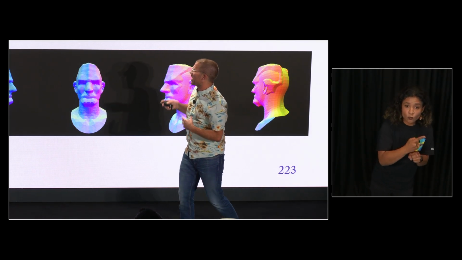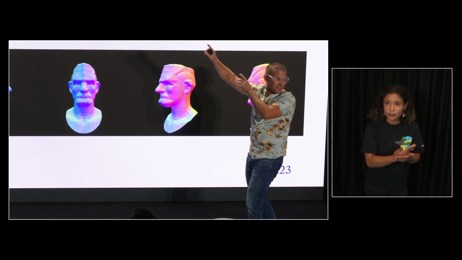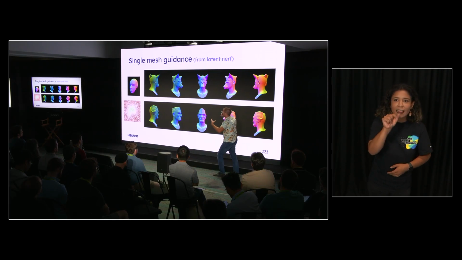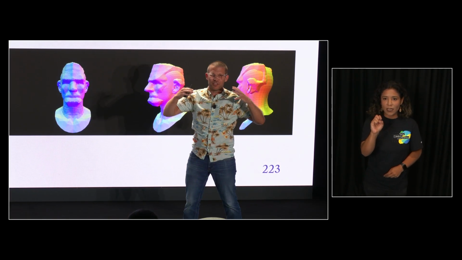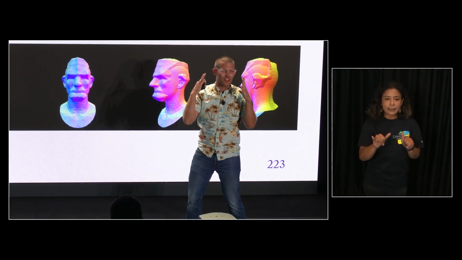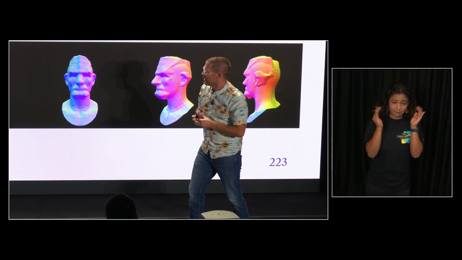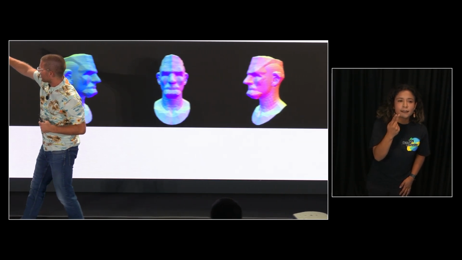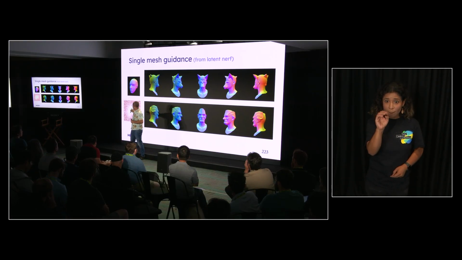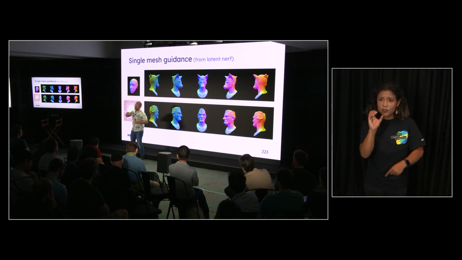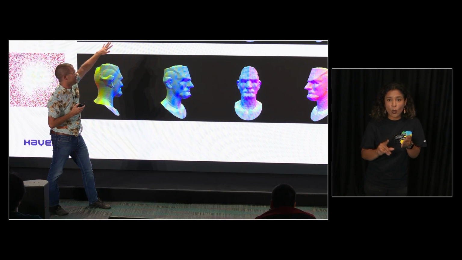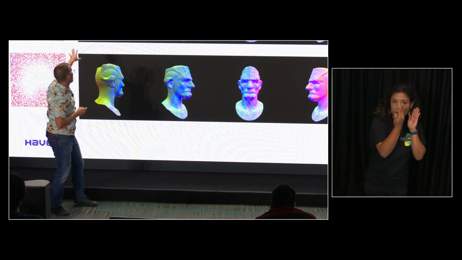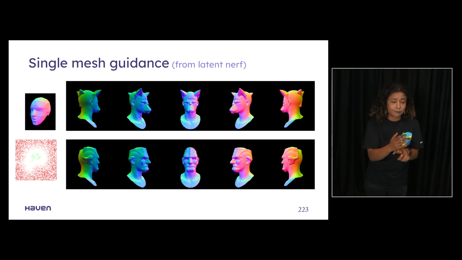This was inspired by a technique introduced in a repo called Latent-NeRF. So you can go search Latent-NeRF. And they introduced this concept of having shape guidance using a single mesh. And rather than being a safe zone and a positive zone, it was just like, hey, I want you to stay around this surface. Try to keep it within orbit, essentially. You can see a visualization of what that looks like here. So you have a single mesh. You have essentially a positive score inside the mesh and a negative score outside of it. If we generate a Fox mask or a low poly Abe Lincoln mask, you can see it's clipping all through the head here. But I guess maybe it goes without saying, but that head is the exact same scale as that head. So yeah, it's just going in and out of it.